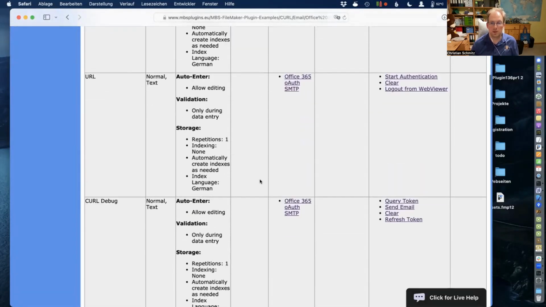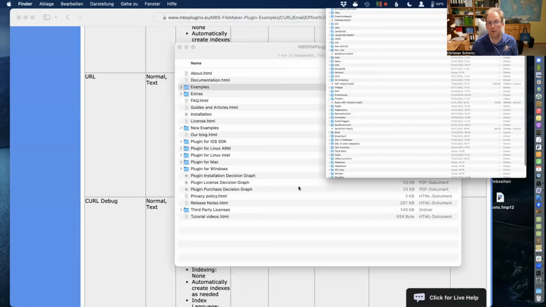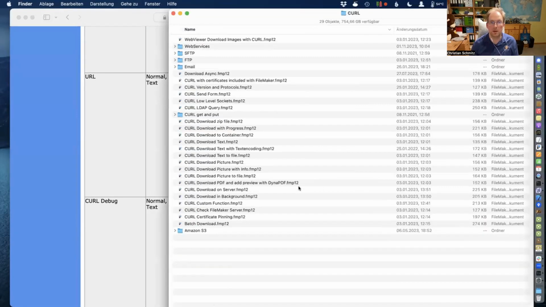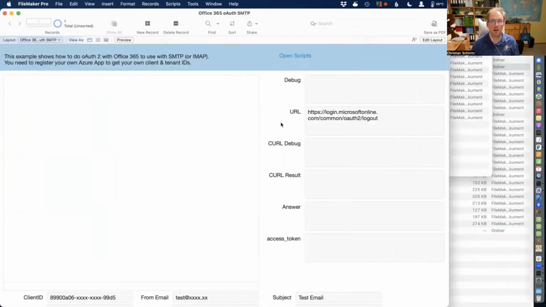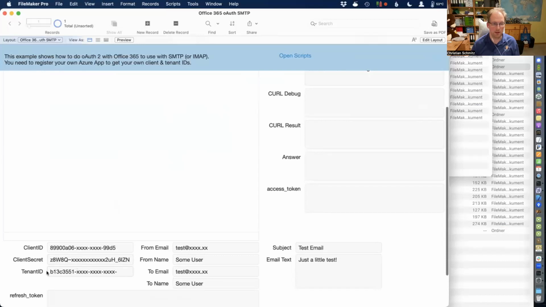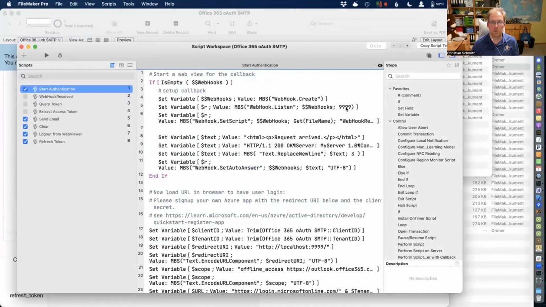So let's see. Well, I have the sample file actually. So if you download the plugin, you get all the example files. So you can do a lot of copy and paste. So for this example file, you would need to provide your own client ID, client secret, tenant ID, all the details, and then the OAuth workflow starts, yeah. So